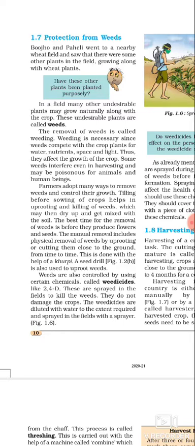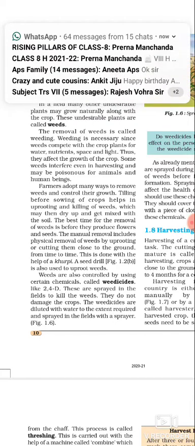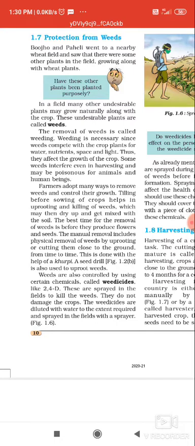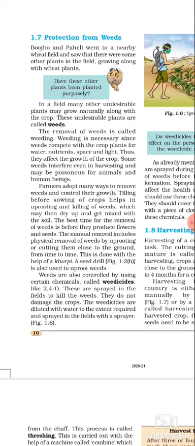If a large amount of weedicide is sprayed, then it will be harmful, because if it gets mixed with water or crops, it will be poisonous. It can affect our health. So as already mentioned, the weedicides are sprayed during the vegetative growth. We have discussed here कि हमें इसको flowering stage से पहले ही cut करना पड़ेगा. And spraying, but one important thing is while spraying weedicides, you must take care of yourself. You must cover your nose and mouth with a piece of cloth because spraying weedicide may affect the health.